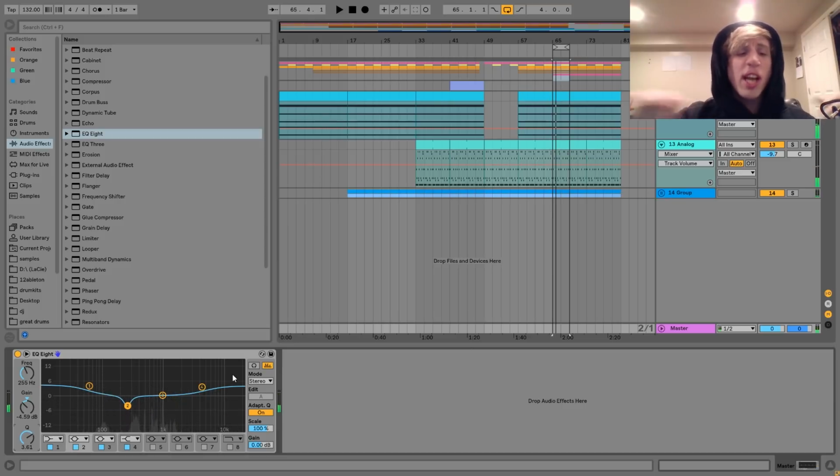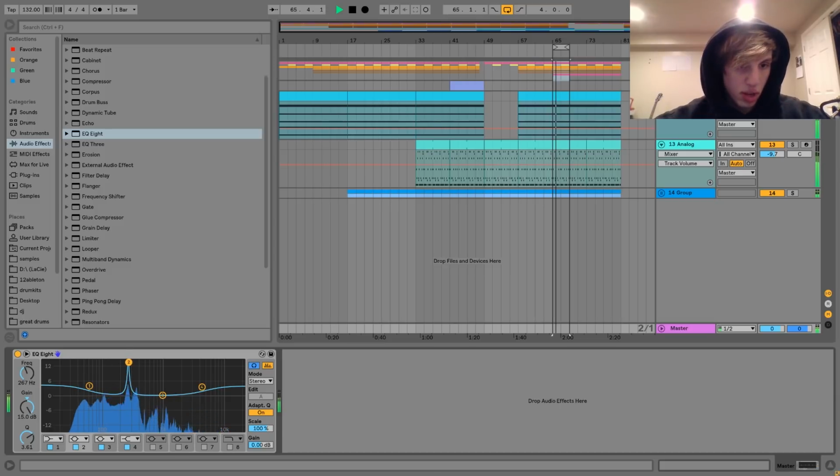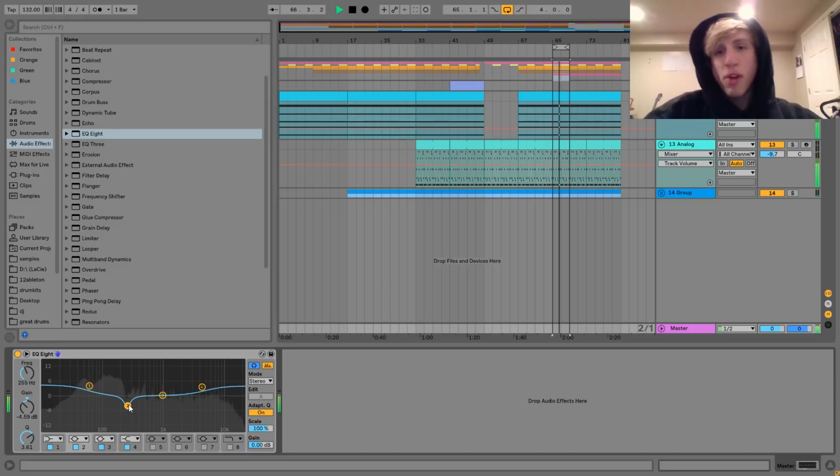What that's going to do is help to cut out any boxiness or sort of messiness in our track. And what I mean by boxiness is specifically these kind of frequencies. You can hear that's really where the boxy part of the sound is. So if we cut that out, it just helps to make the overall track